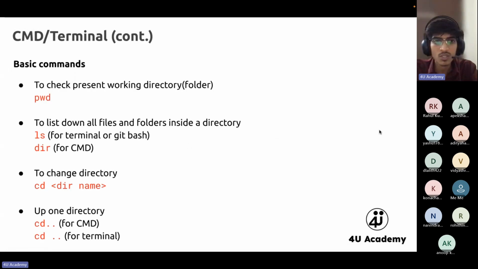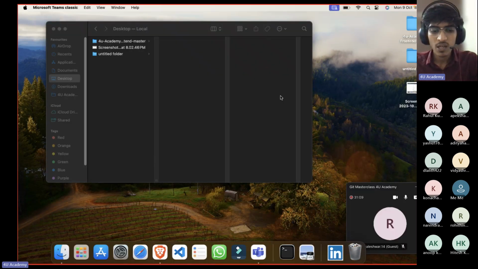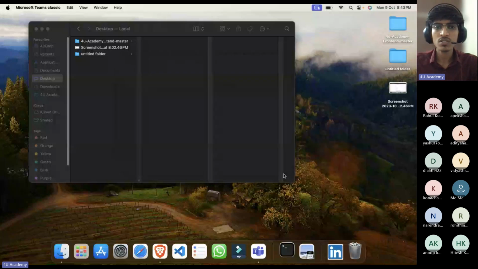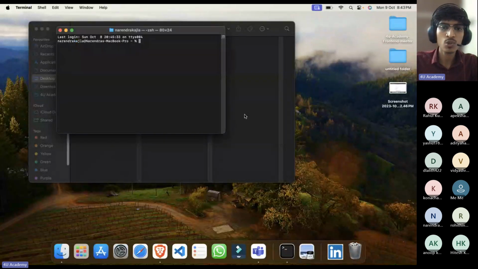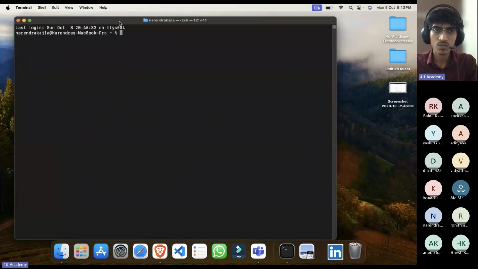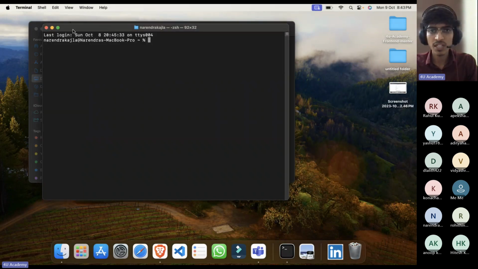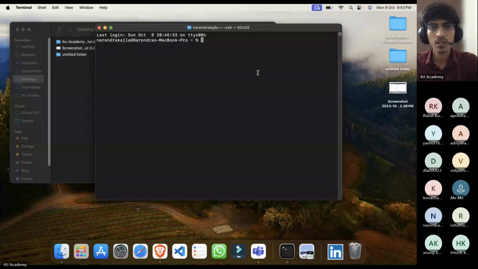So let me just go to the basic commands. The first command is present working directory. It tells you where you are, in which position you are. Let's say I'll open terminal. For now just watch my screen and do not try. I'll give you time to try all these things. Just learn first, then we will have activities in between. Don't worry, I'll give you enough time to practice everything, and I'll clear all your doubts throughout the session. So just enjoy learning first, then we'll try.